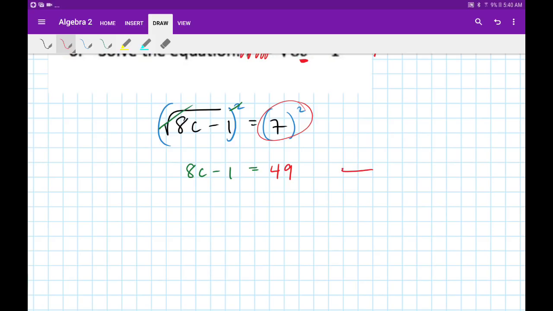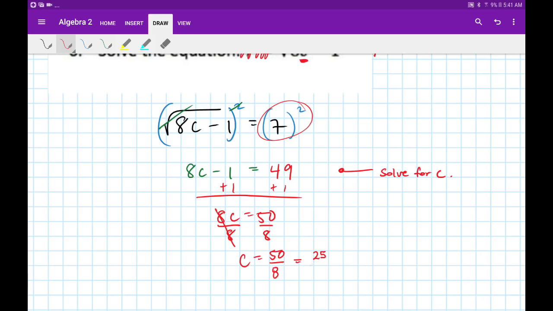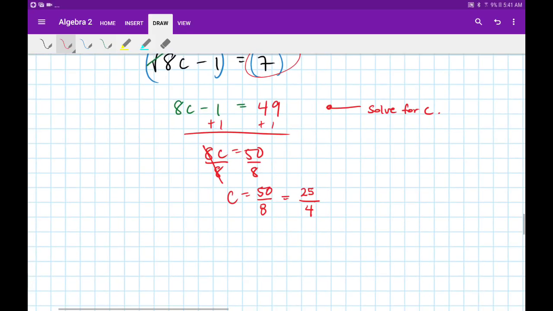So let's solve for c. This is a straightforward get c all by itself since it is not a quadratic equation. You don't see any powers over here. So let's add the 1 to both sides. I get 8c equals 50. And I'll divide both sides by 8 to get c equals 50 over 8, which actually simplifies to 25 over 4. I'm cutting the top and bottom in half. So it seems that my answer is going to be 25 over 4, but before I put